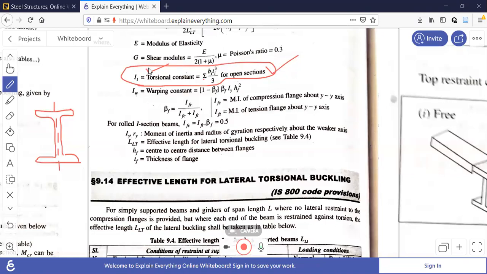First one is this one. This is one rectangle you have to assume. Same property, even this is having. I'll show it in the notes also. I'm just trying to explain how it is. Two times, because there are two rectangles, the flanges. So 2 into b t cube by 3.